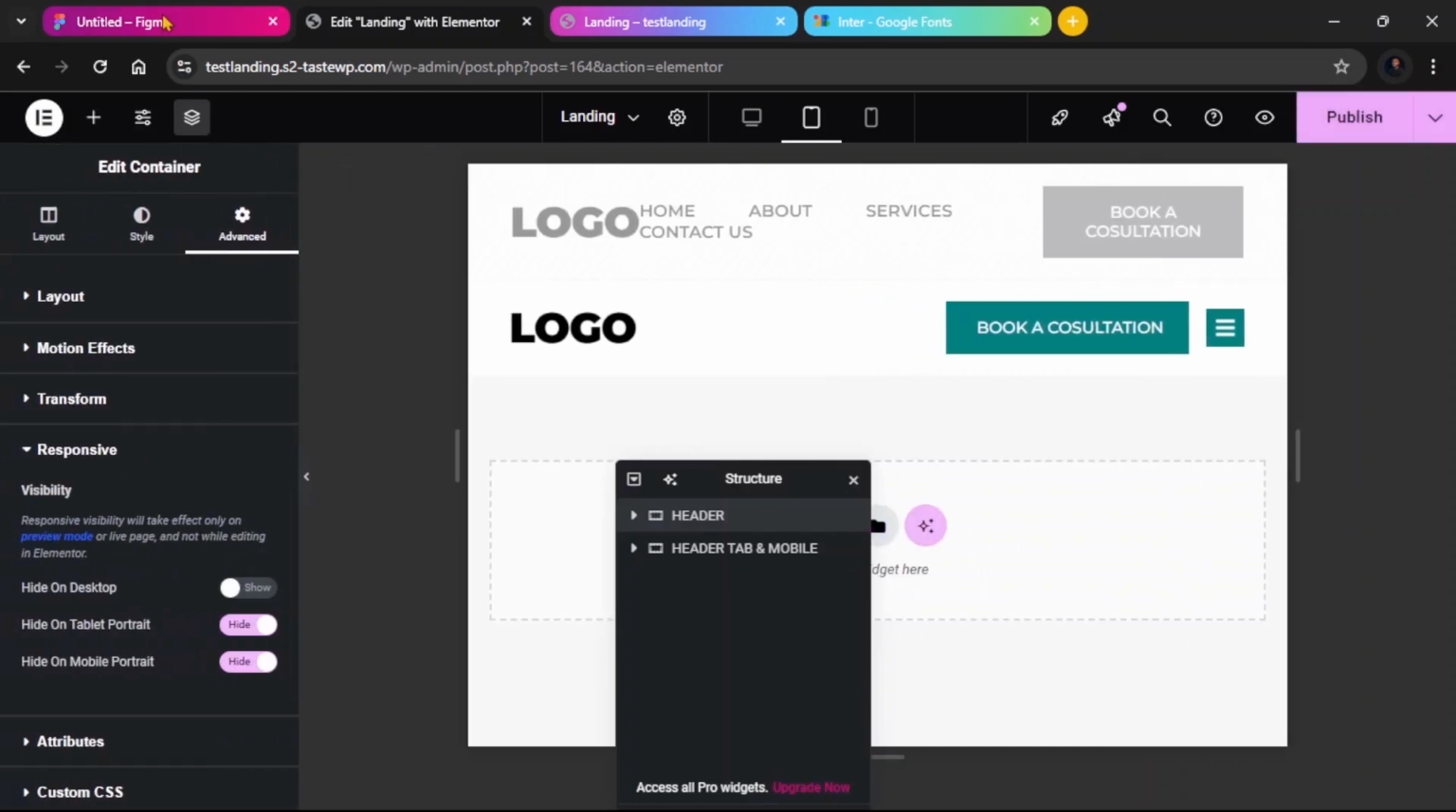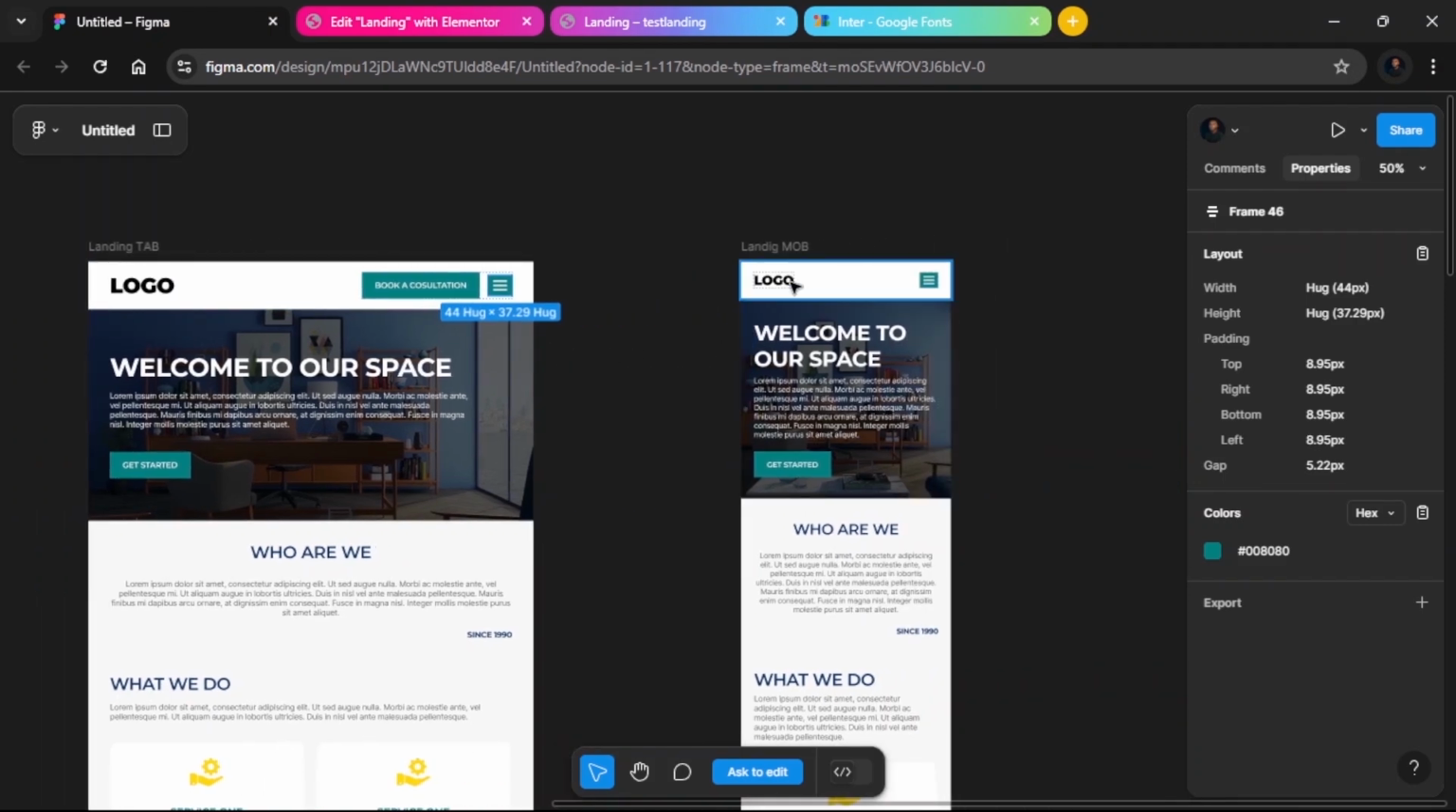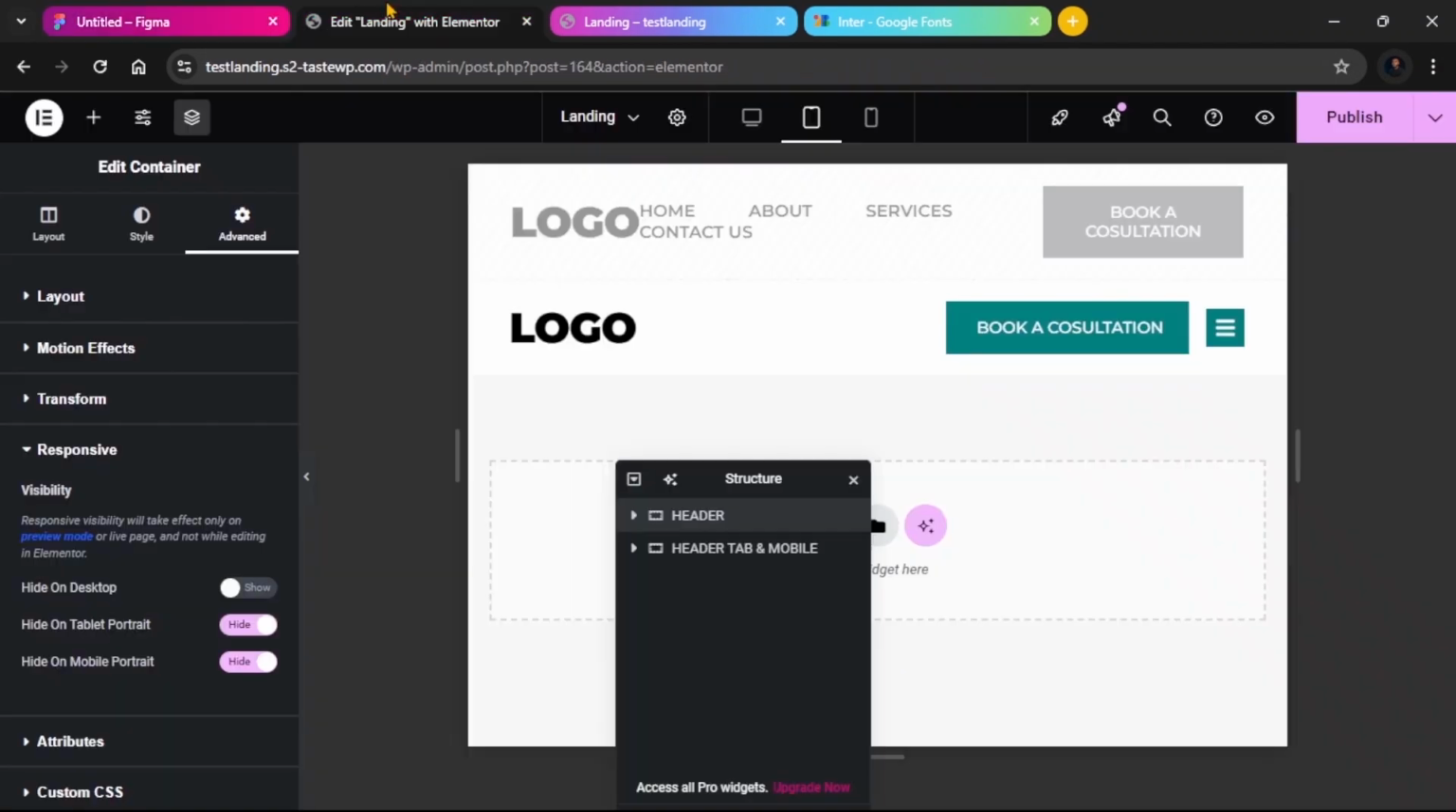Now, on design here, we only have the button. On the tablet, we don't have the button on the mobile. So I'm going to hide this also. But I will not hide the entire container. I will only hide the button. Come here, click that,